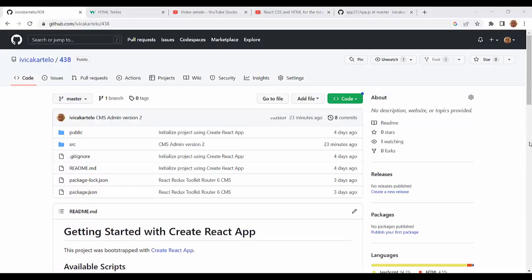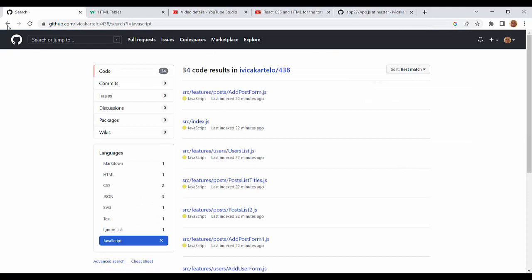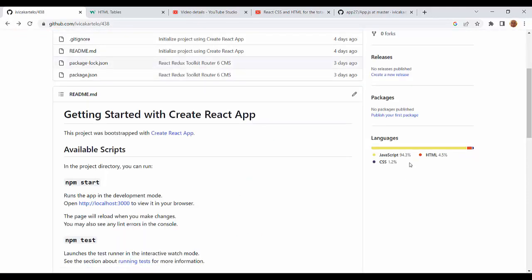This application that we are working on, look at it. JavaScript is 94.3% of all the application, it is JavaScript, and I'm very, very satisfied that I took that